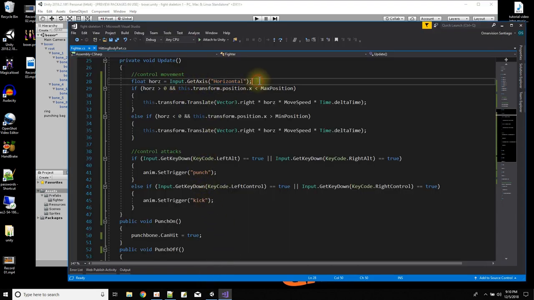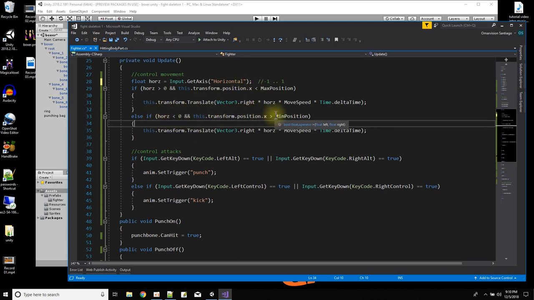It reads from there and it gives a value that comes back in the range of -1 to 1. So it's not always -1, 0, and 1, because if you have a joystick that's analog, there's all the values in between. So you have smooth motion. Anyway, so you get the horizontal value, and if it's greater than 0, meaning you want to move forward, and you're not at the max position, then go ahead and do the translation that you're going to move in that direction. Then over here, we're going to check first if you're trying to move back. If horizontal is negative, you're moving backward, and you're not at the min position yet, then go ahead and do